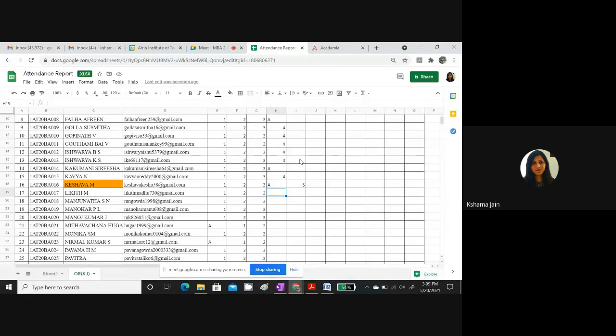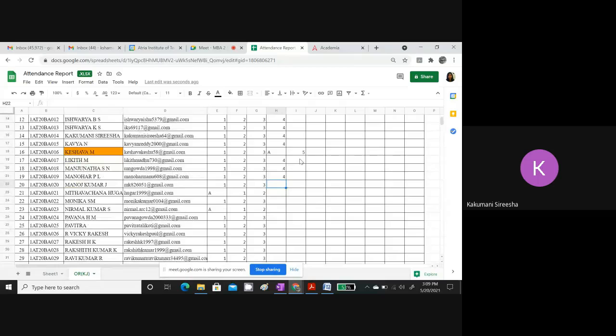Likith? Ma'am, present, ma'am. My screen is not working, ma'am. That's why late. Okay. Manjunath? Present. Nikit and Sirisha. Present, ma'am. Sirisha Manohar? Present. Sirisha is present. She was sleeping before. No, ma'am. My screen is not working, that's why late, ma'am. But speaker is working. Yes, ma'am. But touch is not working, ma'am.